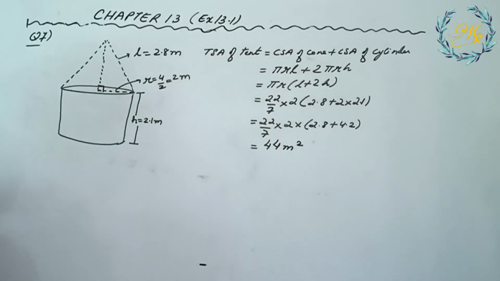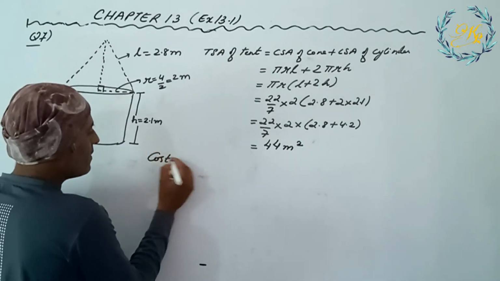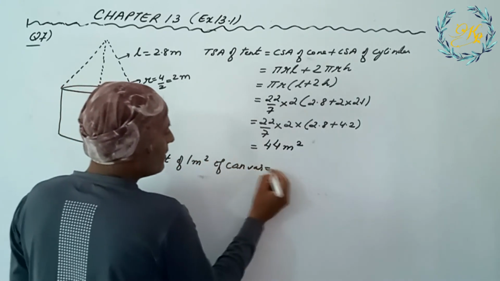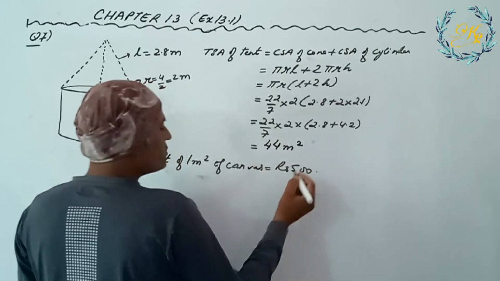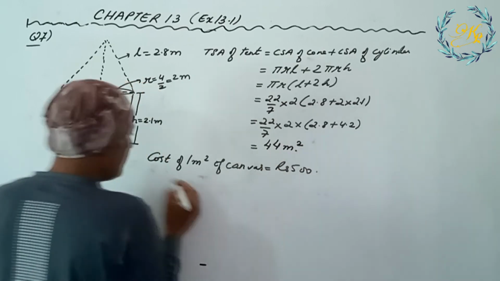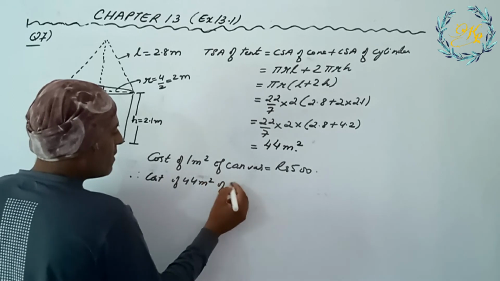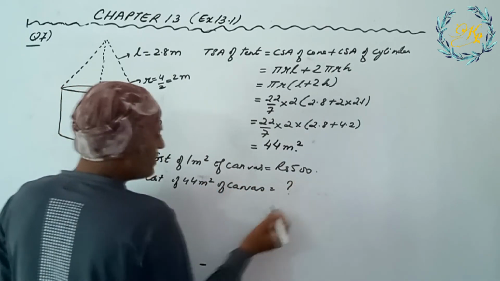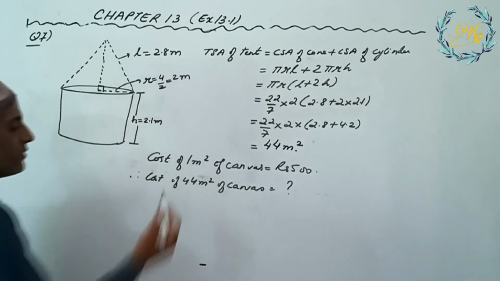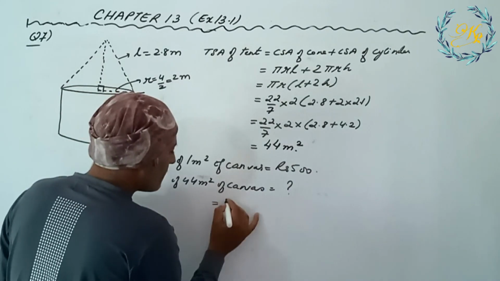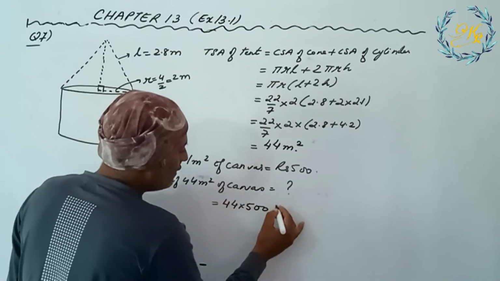But we also need to find the cost. Find the cost of the canvas of the tent at the rate of rupees 500 per meter square. So in the next line you will write cost of 1 meter square area of canvas is equal to rupees 500. And how much do we need for the tent? We need cost of 44 meters square of canvas is equal to a question mark. So multiply these two values. When you multiply 44 by 500, you get the answer as 22,000. 44 multiplied by 500, which is equal to rupees